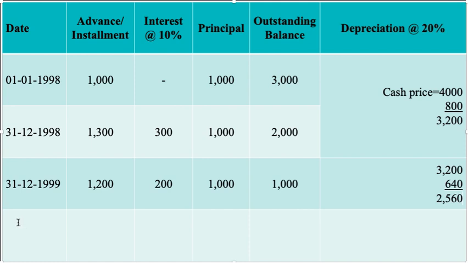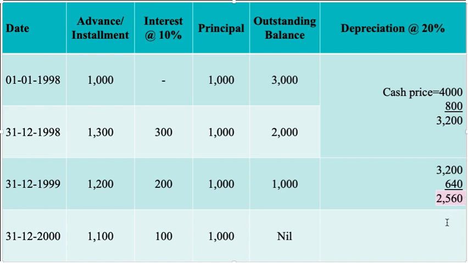Now there is the last installment which is paid again on 31st 12 2000, right? How much is the installment? The installment is 1,300, right? No, not 1,300, it is 1,100. On this 1,100, how much are we paying as interest? We are paying an interest of 100 rupees, and the principal amount is 1,000, right? Is there any balance now? It is nil, right?